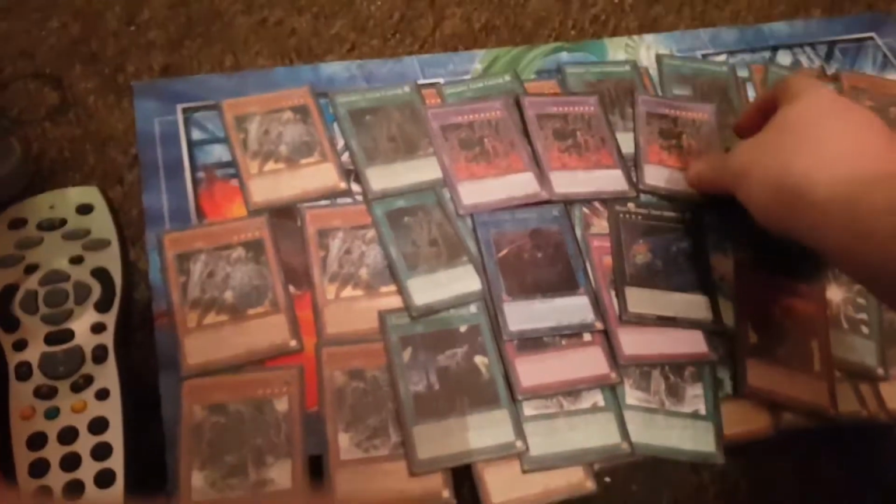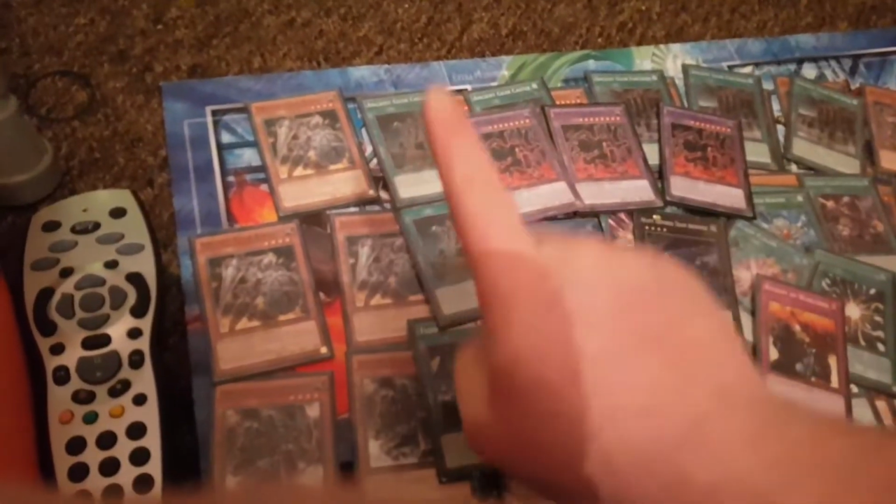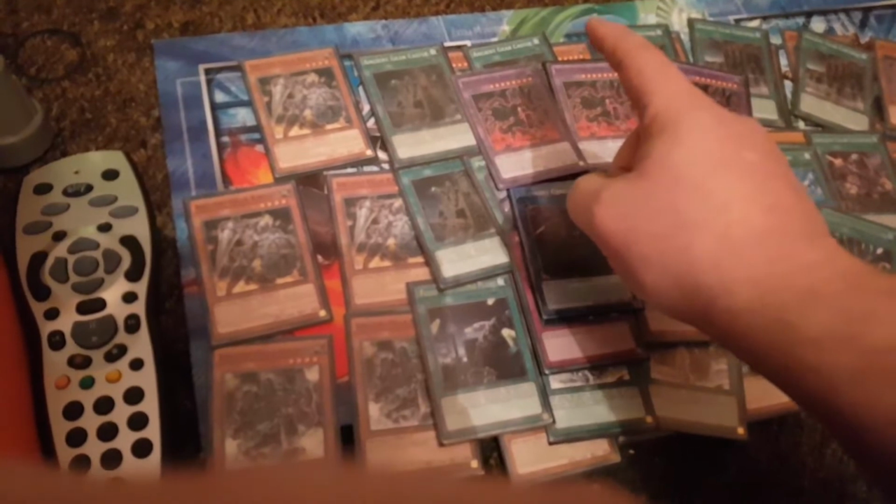For the fusion lineups, I run 3 copies of Ancient Gear Howitzer, another burner for your deck, but he only activates his burning abilities on your main phase. You cannot use it twice, so that's a note for people. And if he's unaffected by all card effects, and if he's destroyed by battle, his graveyard effect allows you to